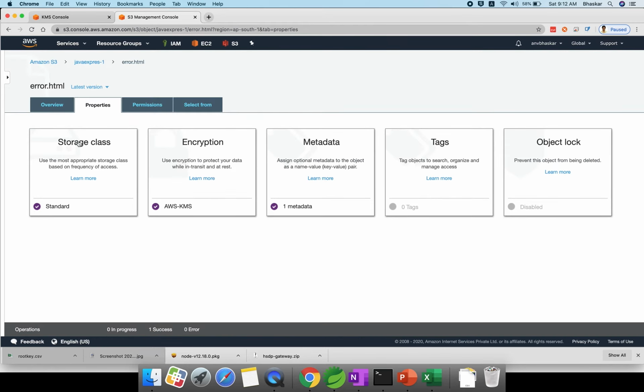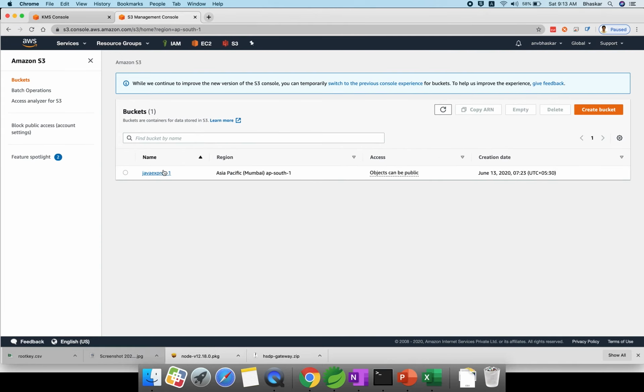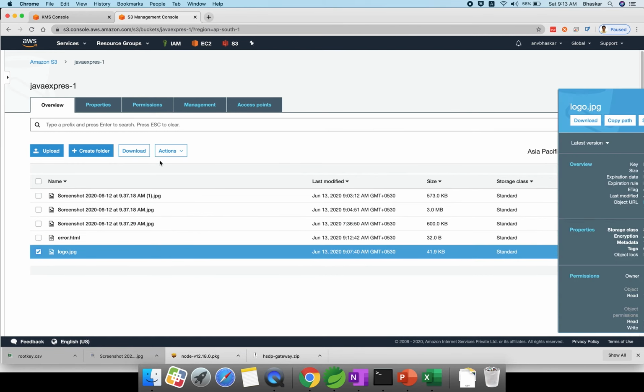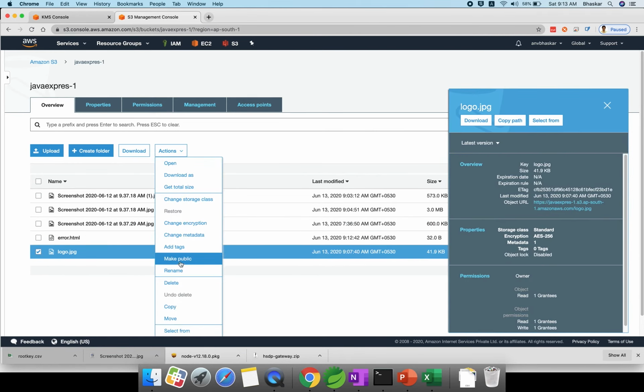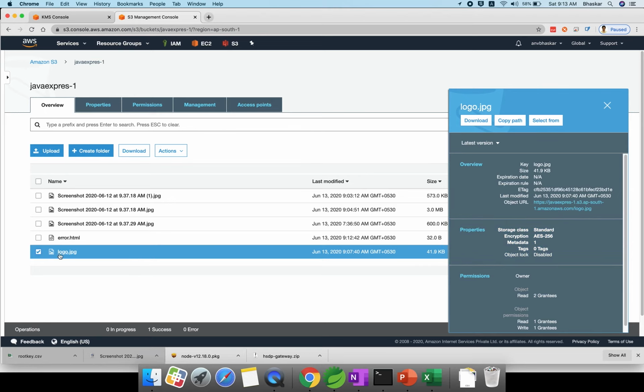You can ask, you are encrypting, but is it really decrypting or not? AWS will take care of the decrypting while you see it in the browser, just like whatever image we upload, we can see it also, right? This is the way you can provide it. If you want to see, click the logo, make public. This is, we have encryption 256.